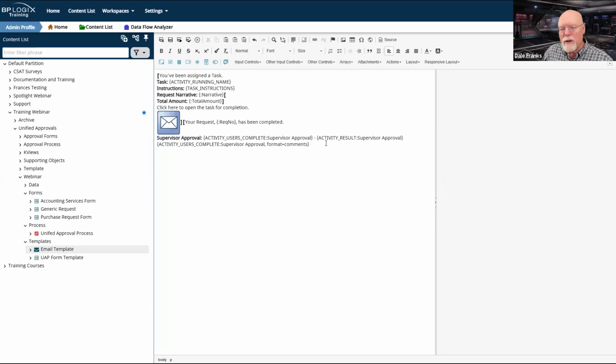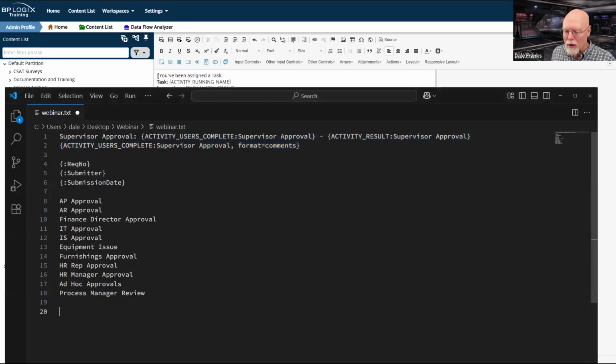But remember, supervisor approval is an activity that will always happen. I'm always going to go to supervisor approval. I'm also always going to have a process manager review. So I know that that's going to always occur. All of the other activities, and I have several of them, I'm not going to attempt to configure all of them here.